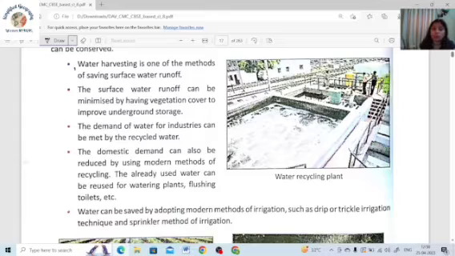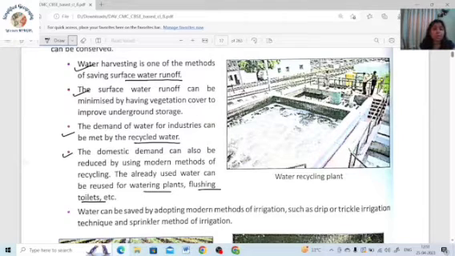Water harvesting is one of the methods to save surface water runoff. The surface water runoff can be minimized by having vegetation cover. The demand of water from industries can be met by the recycled water. The water, like you are washing your utensils or washing your vegetables, that water you are dumping. Instead of this unused water, you can give this water to your garden, or you can use this water to wash your floor or something. So this is how we can also reduce the amount of water each and every day we are wasting from our homes. Watering plants, flushing toilets, etc. can be reused or